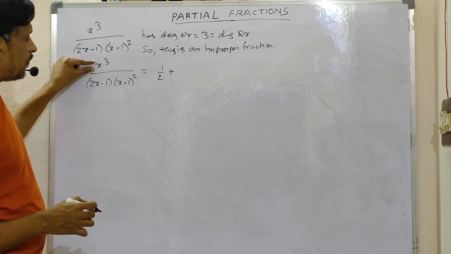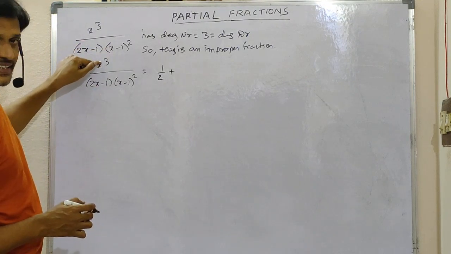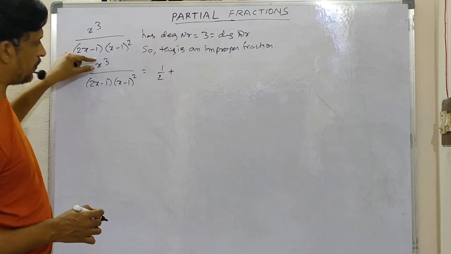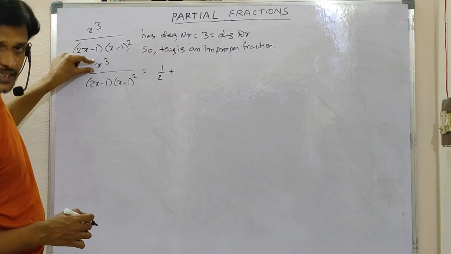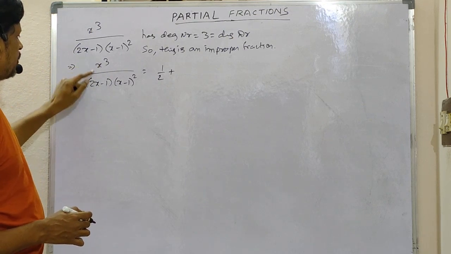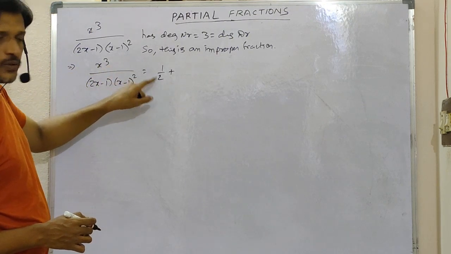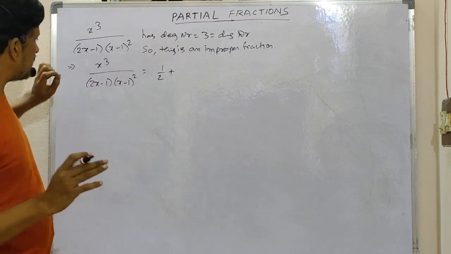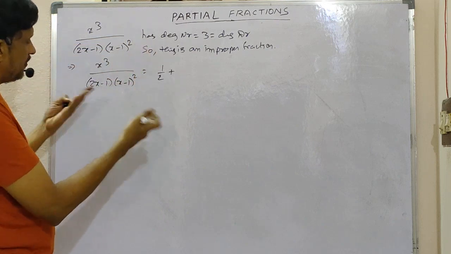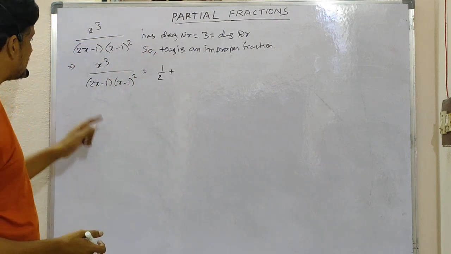Simply choose the quotient of, means here this is of degree 3. So highest power of x is 3, means choose the quotient of x cube only. Quotient of x cube in the numerator by quotient of x cube in the denominator. So 1x cube by 2x cube, that will be 1 by 2. Plus now leave it, forget about the remaining. Now consider the given one as proper. You can write this as the sum of the partial fractions.